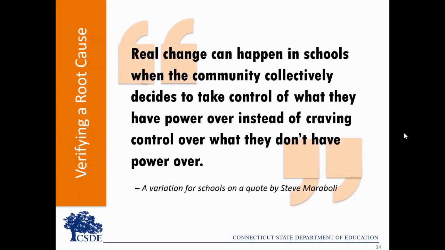Focus by the school community to address a root cause sets the stage for improvement by aligning the efforts and resources to the real need. The question for schools is, how do you share power and harness influence within the school community to address the most pressing root causes? Start by focusing on root causes and actions that are under the power of the adults in the community. Leverage partnerships and voices beyond the staff to consider how to address root causes that might have previously been seen as beyond the control of the school community.